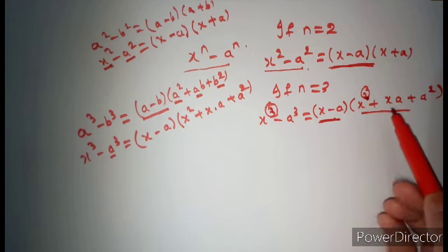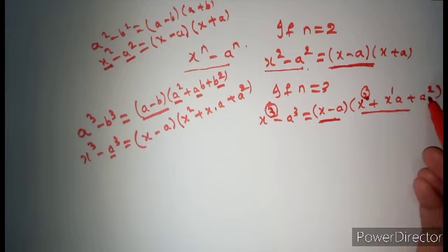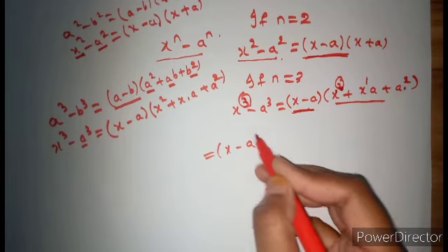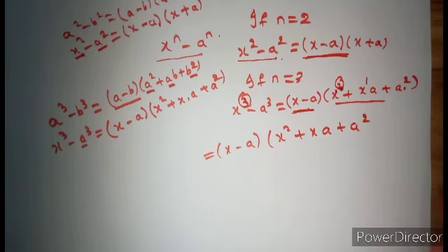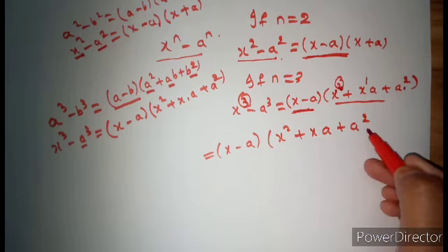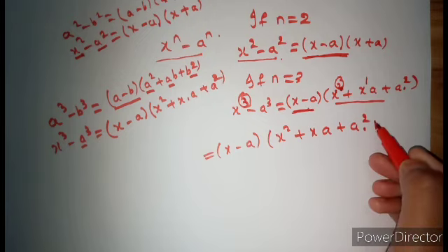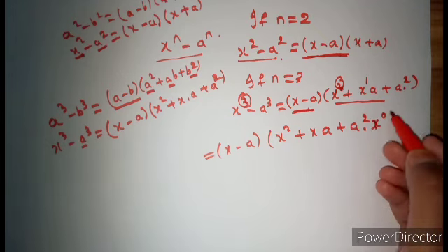Okay. Now observe x. First x power 2 we have, next x power 1. Now if nothing is there, that means 1, right? So I am writing this formula once again. So here we have x square plus xa plus a square. Like this we have, right? a square means a square into 1, right? If nothing is there, it means 1, right? So x power 0 value is 1, right? So this 1 can be written as x power 0.